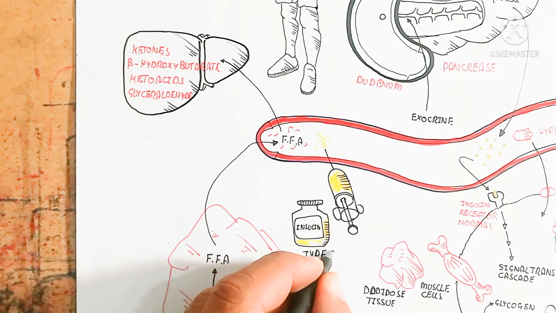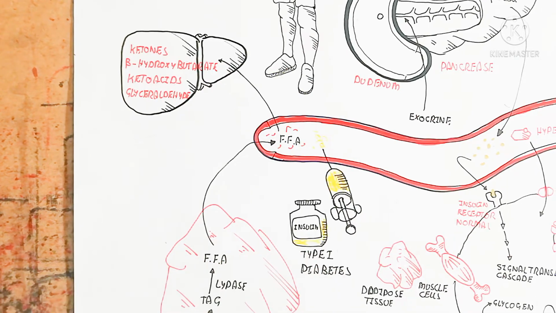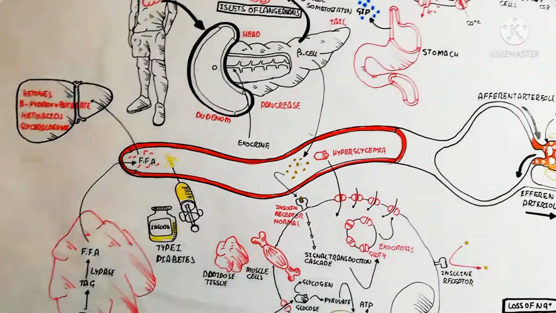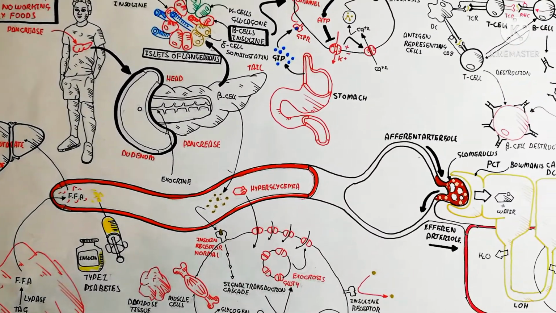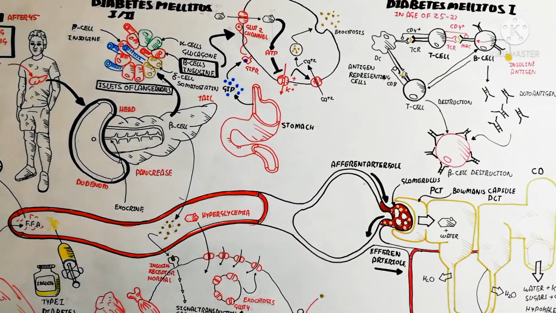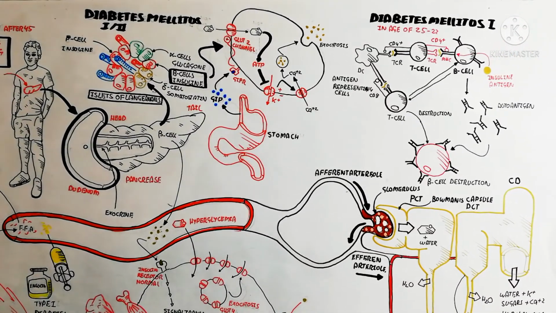And in this way we can clear it in type 1 diabetes through insulin. So insulin injection, foreign insulin, is prepared in the lab. So in this way diabetes type 1 and type 2 is